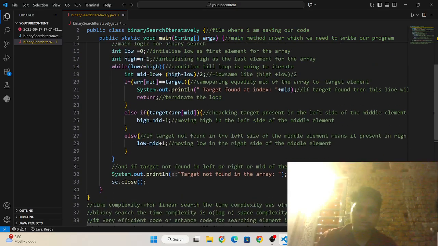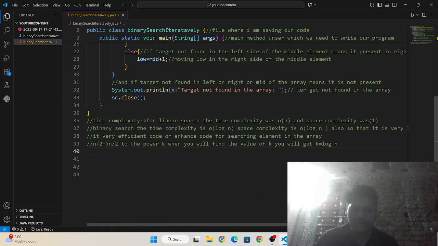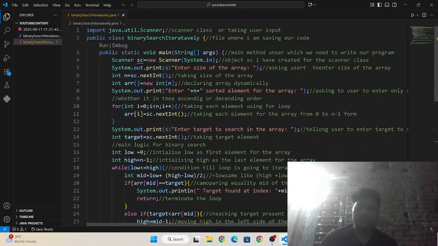This is the reason the time complexity will be O of log n. Okay, so I have already explained the program and its output.